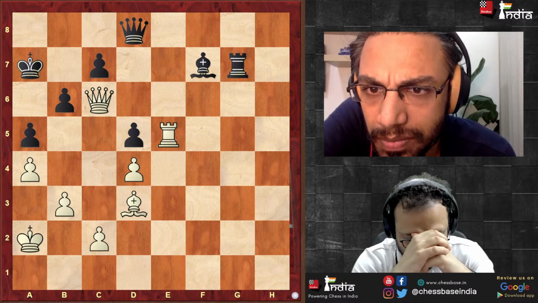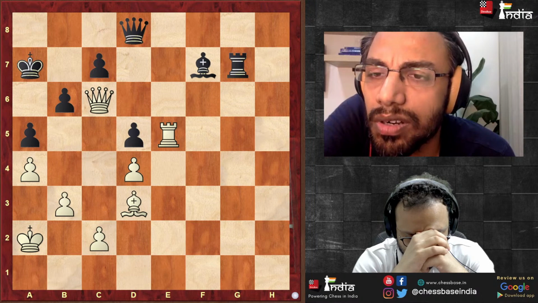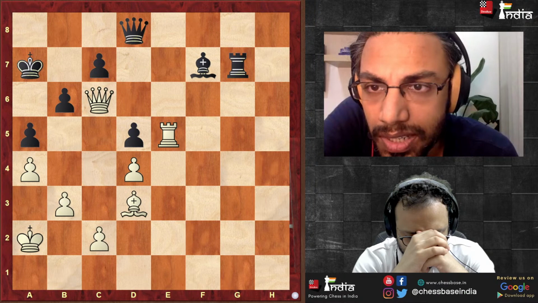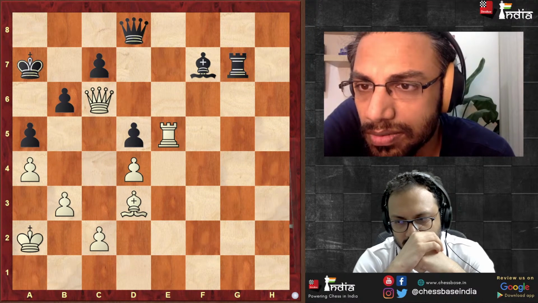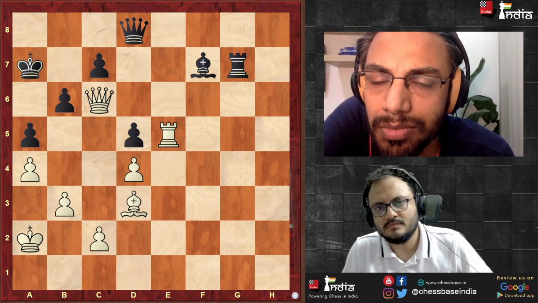Okay, one second. The rook e7. If queen takes, why did I want this to happen? Okay. I don't think there's any point. I'm not getting anything out of this. Okay, so queen takes b6 is again, he takes and there's nothing. The rook d5. If bishop takes,